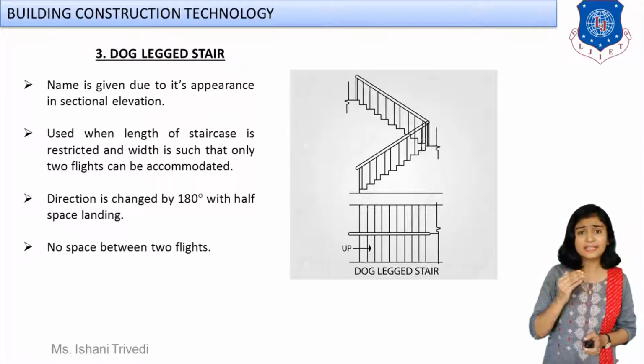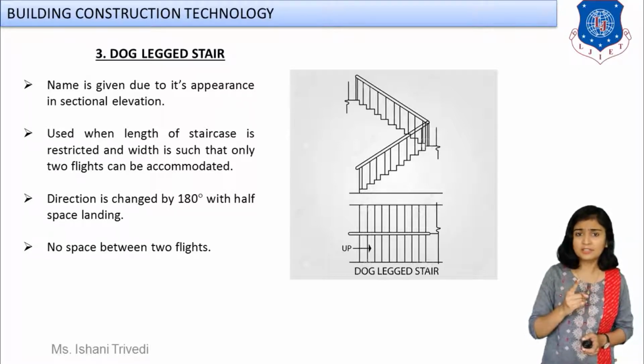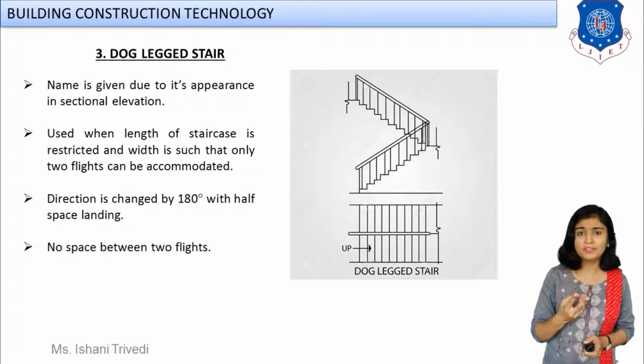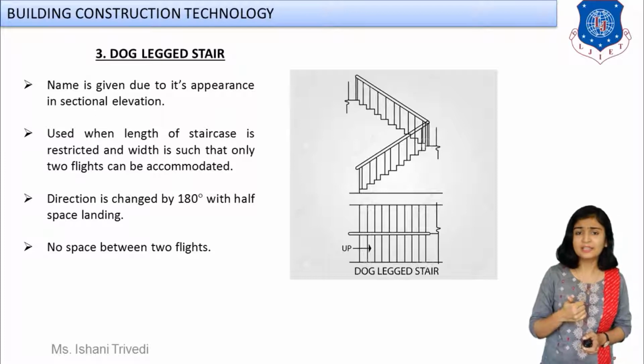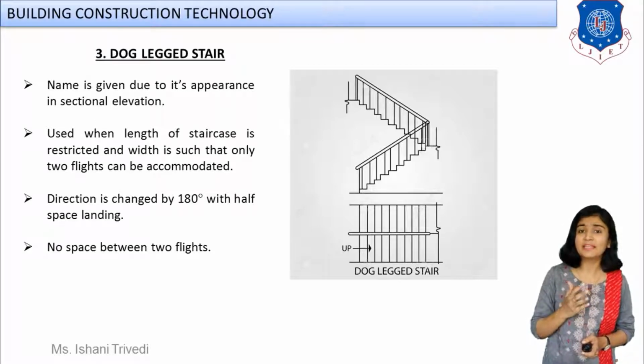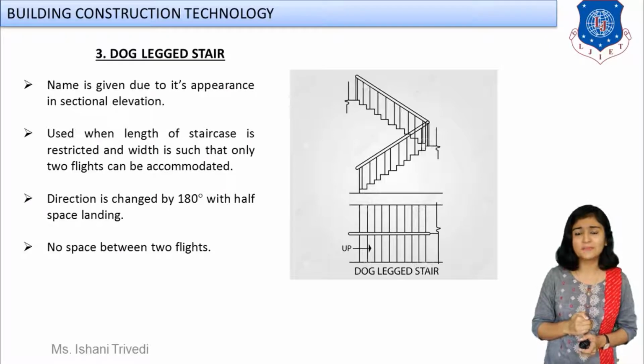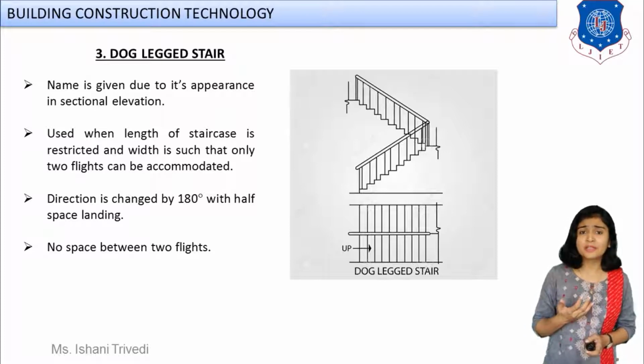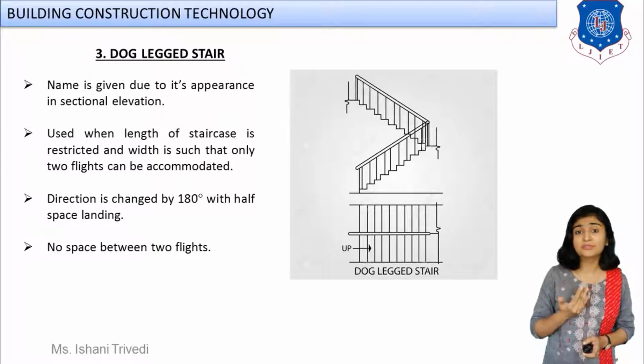But second, we discussed the turning stairs, in which the first type was half turn stairs. In half turn stairs, further it was classified as dog legged stair and open well stair. Now in the last session, I think we had not seen the sketch, the plan and the cross-sectional elevation of the dog-leg stair. Although I had explained fully what the type of dog-leg stair is with the real photograph, and I also told you why it is known as dog-leg stair. Now it is in front of you.